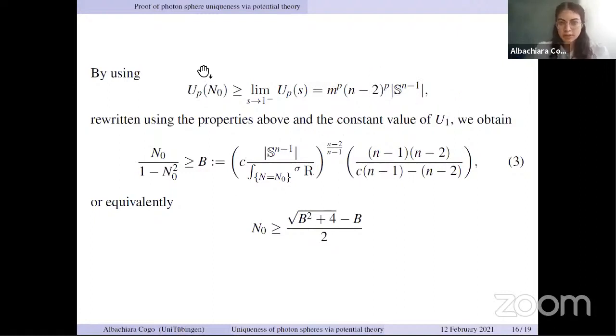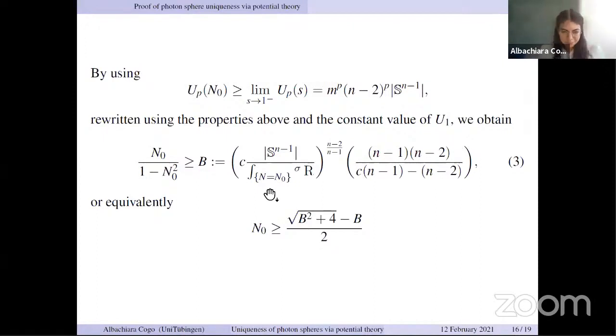Rewriting this in terms of the properties of equipotential photon surfaces and playing with this inequality, we get this lower bound for n0, which involves this b, and b is this quantity here, which is written in terms of constants and this parameter c,